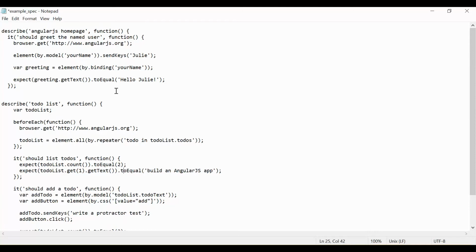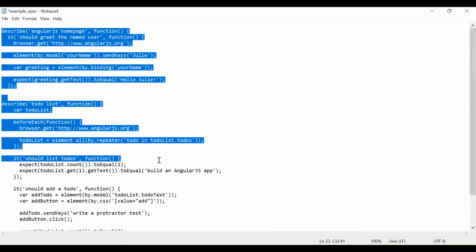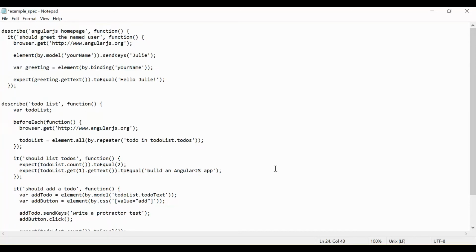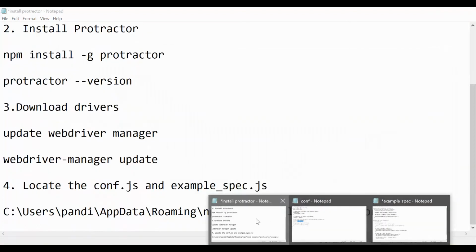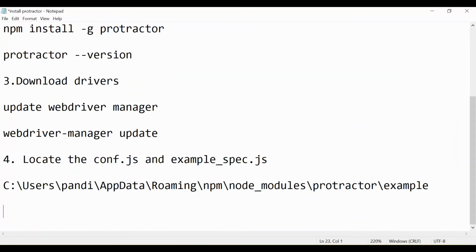Just for example, we will try to run this test case using Protractor, and we will see how it runs. This is just a sample test case, and we can run it using the command prompt.